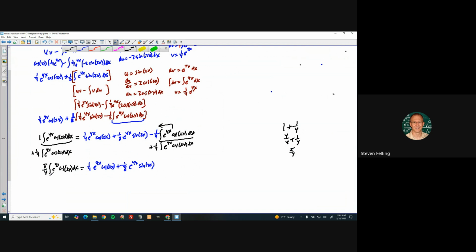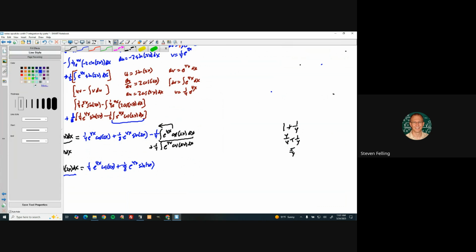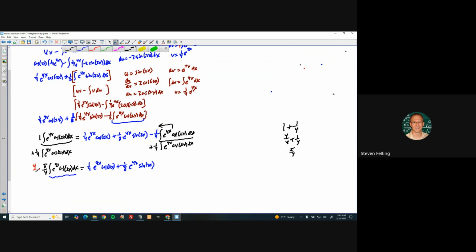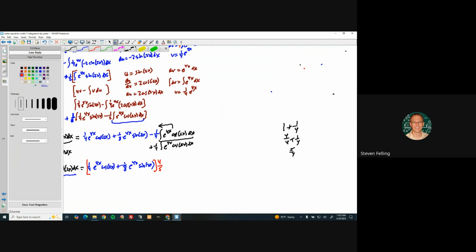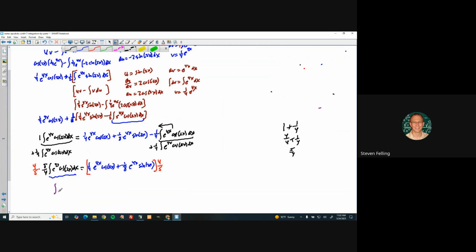And then to solve for what we solved for in the beginning, we're just going to multiply both sides by 4/5. That way we get the fraction 1. So this whole thing over here and the left-hand side are multiplied by 4/5. And the result is, let's switch to a new color. The integral of e to the 4x cosine of 2x, which is the original problem, is equal to, if you multiply this in, 4/5 times 1/4. The 4's cancel. This is 1/5 e to the 4x cosine 2x plus,